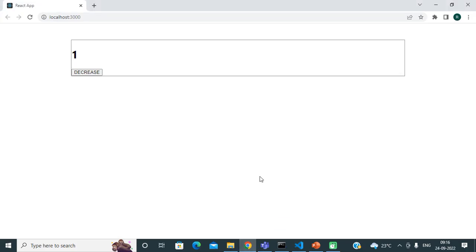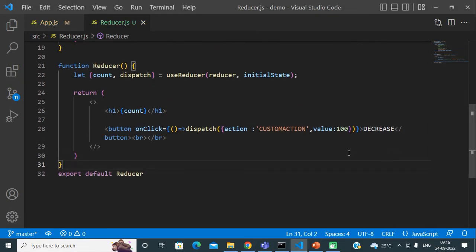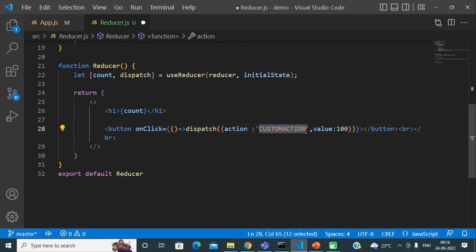Let me save the file and refresh this application so that you can see. I forgot to rename the button, so let me do that as well because I don't want any confusion. So just change the button name to our action name.